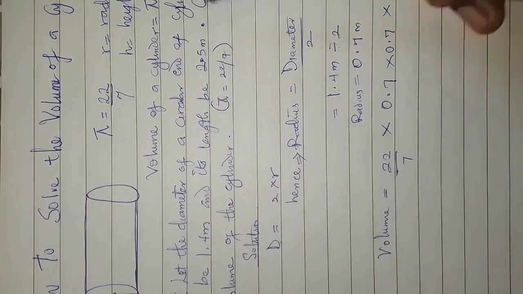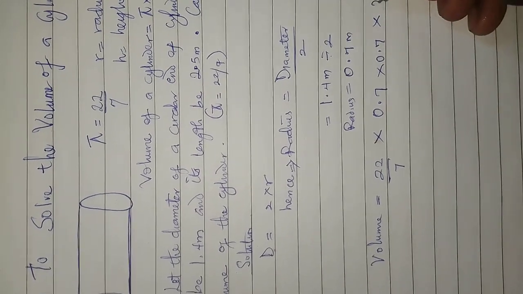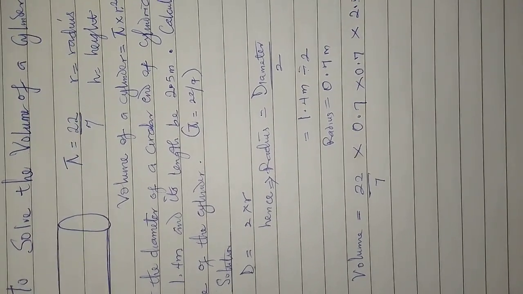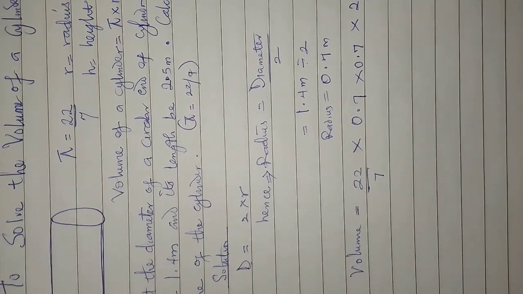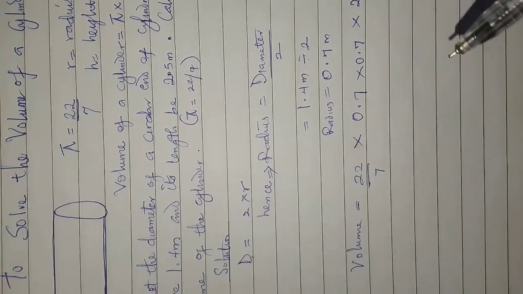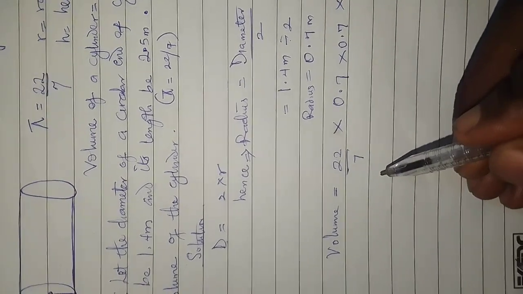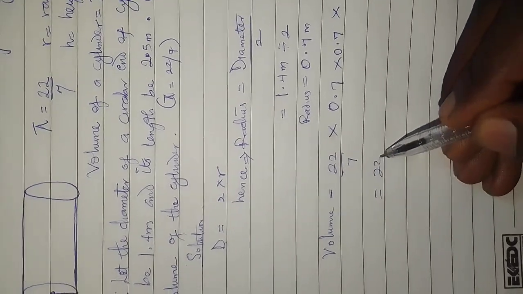So we take this as our height, 2.5. Remember from the previous video I explained how to change decimal into fraction. So we'll just have the next thing to be 22 over 7